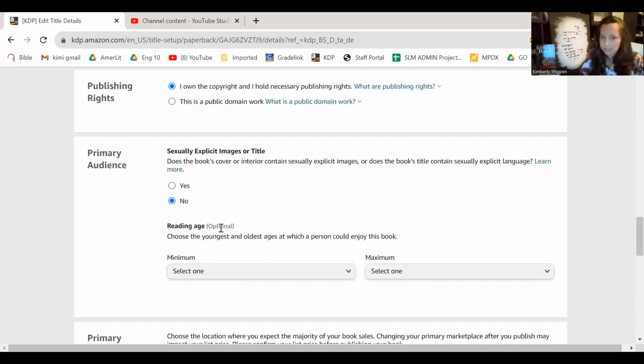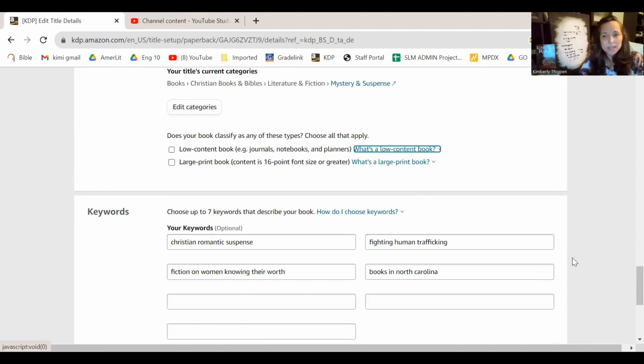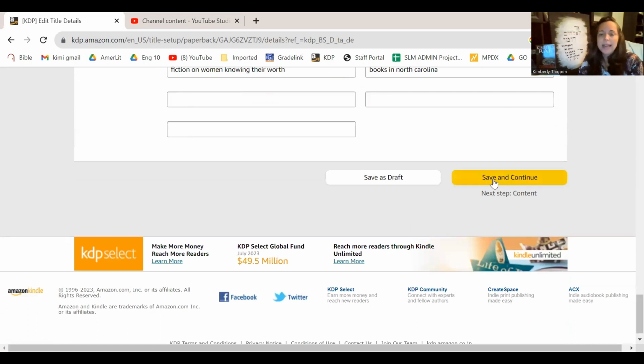You own the copyright. This is not an adult book. Your primary marketplace is Amazon.com. Your 3 categories that you will have picked from the drop down, based on sometimes what is the best, but remember, you don't want to go as broad as possible. You want to go narrow because that puts you higher up. There may be 5,000 Amish Western who wear red hats or something like that, as opposed to Amish romance, which is millions and millions and millions. And so you want the smaller categories so that you go higher in the numbers because that shows you up higher on Amazon. Your keywords, you're going to want to fill all of those up